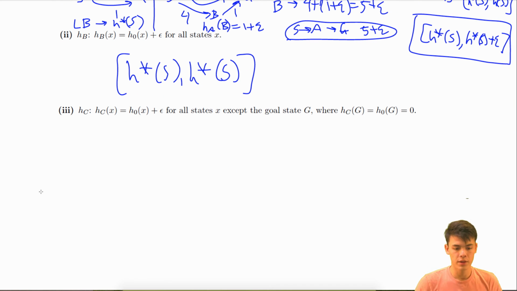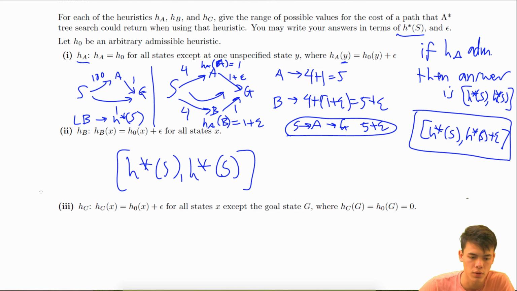H sub C. So this is going to be H0 of X plus epsilon for all states except the goal state. So at the goal state, H sub C is going to be 0, just like H sub 0 should be. So it's very similar to part 2, except instead of incrementing everything by epsilon, it's everything except the goal state. In some cases, this might return the right path, I think,